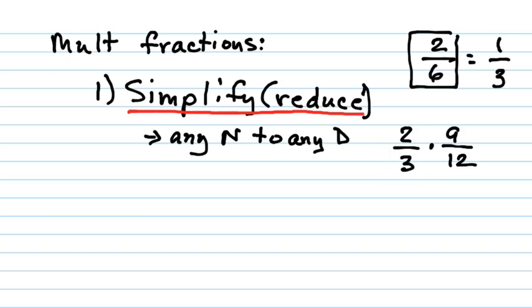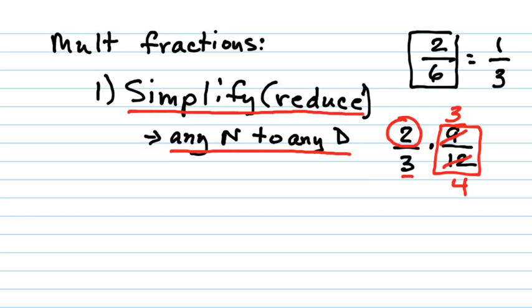Okay. Now, go to the second fraction. Is there anything that will divide evenly into 9 and 12 at the same time? Yes. 3. They'll both divide by 3, exactly. So, what we can do is divide the 9 by 3, which will give us 3. 12 divided by 3 will give us a 4. And 3 and 4 don't have anything else that will divide into them, right? But remember, we're multiplying fractions, which means I have more than one fraction to think about, right? So I can simplify any numerator with any denominator. So looking at this numerator of a 2, now I know I can't simplify it with the 3, but